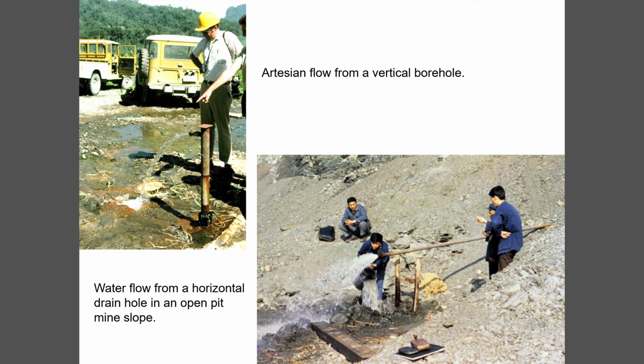And sometimes, if you have artesian water as shown on the upper left, you put a horizontal drain hole in, as shown on the lower right. You say, why don't we just put horizontal drains in? And you see those very often in slopes. Unfortunately, they tend to clog up very quickly. And so in a big situation like that, they are completely ineffective.